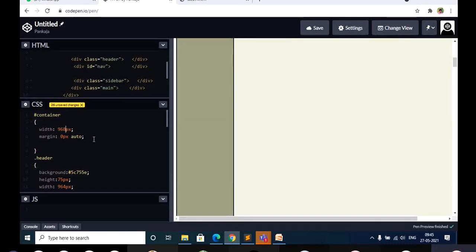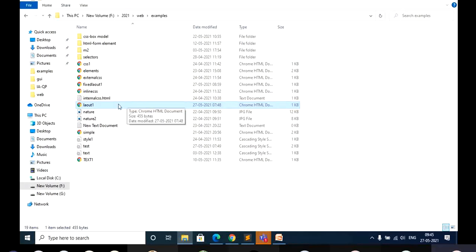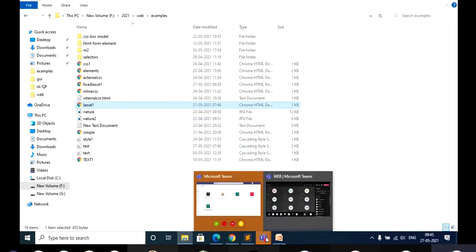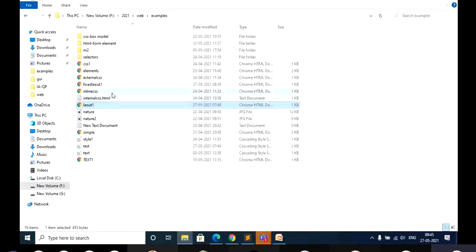I will go with a different program. If anybody wants to work with this, I will share the code, maybe this one and also the CSS file.